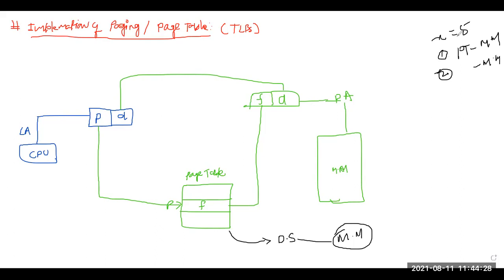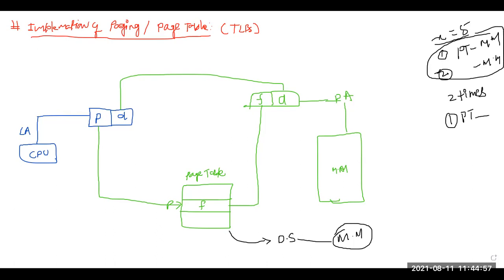That means to access the value x equal to 5, how many times are we accessing the main memory? We are accessing the main memory 2 times. Okay, getting my point? Why 2 times? The first time is for the page table. Because first we have to refer to the page table, and when we refer to the page table, we are referring to the main memory.